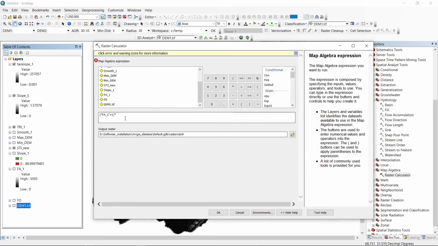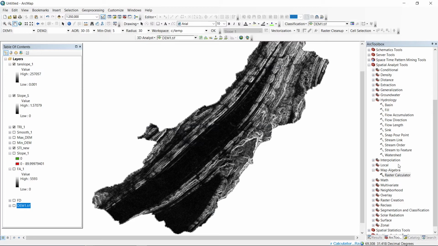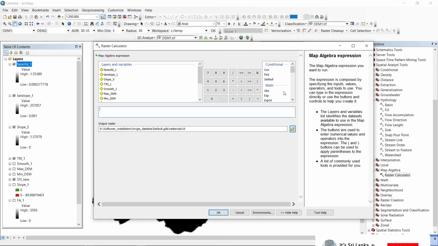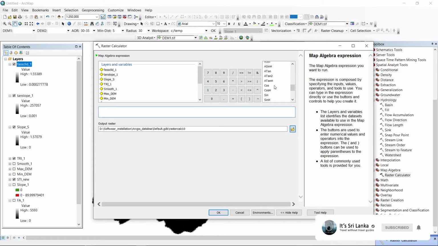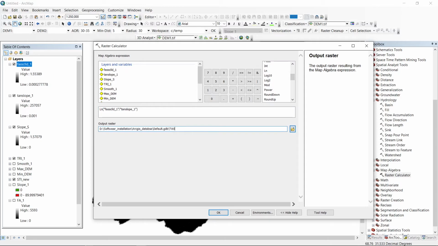Copy, paste. So I'll name it. Now only one step left. Divided by tan slope, we will get wetness, which is TWI.